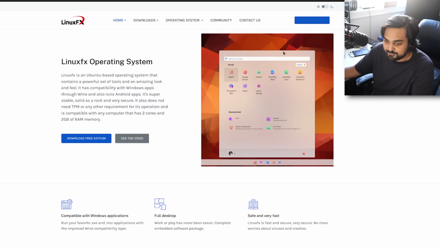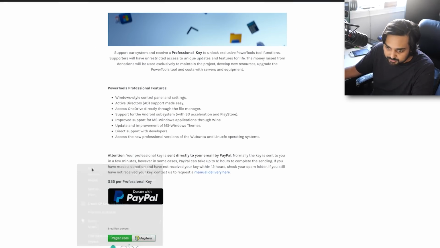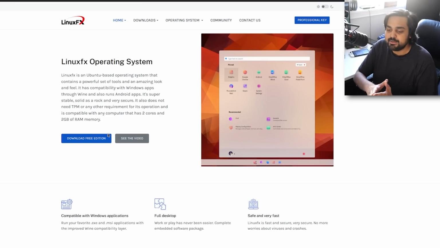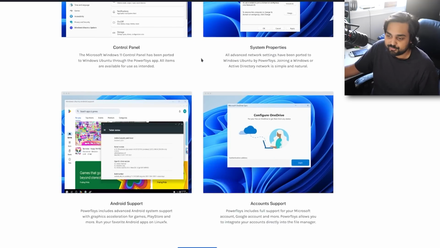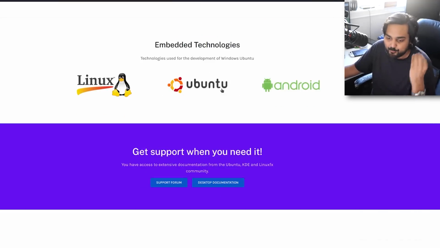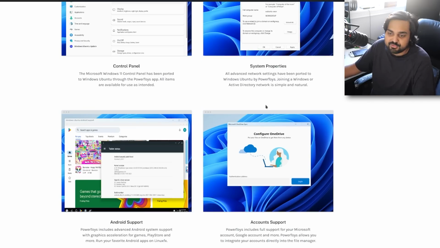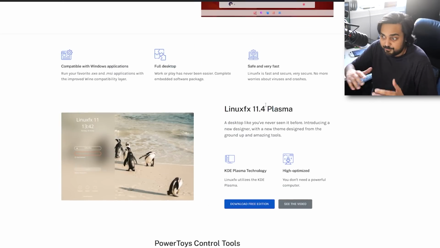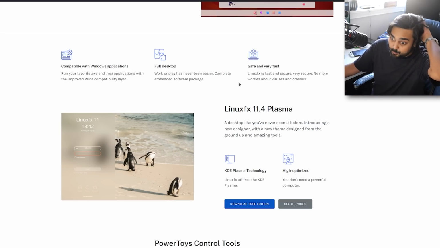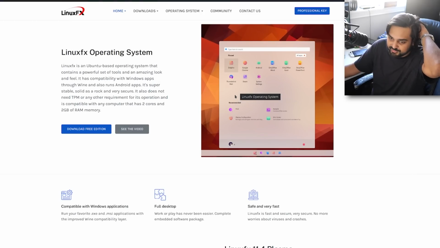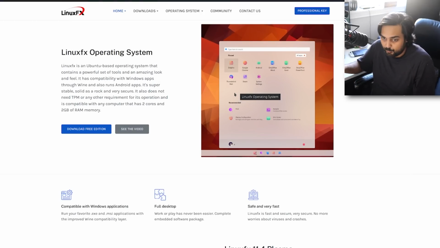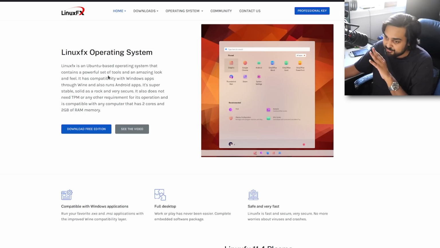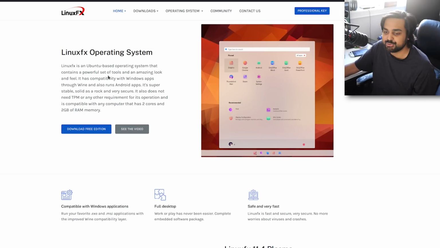And obviously, if you go to the LinuxFX page, which is still available, they've got a professional key, by the way, also for $35, one that I would not buy. You shouldn't be buying Linux distributions like this. They don't even give up any of the actual source code appropriated with it. It's just a Windows clone that they've made to just capitalize on people that want that on their computer. Let's say somebody that wants Windows 11 and they don't have the computer for it or something. They have made this version of Windows, this Windows lookalike that might fool the average Andy. But trust me, I have no idea how they've gotten by without actually touching a lawsuit.